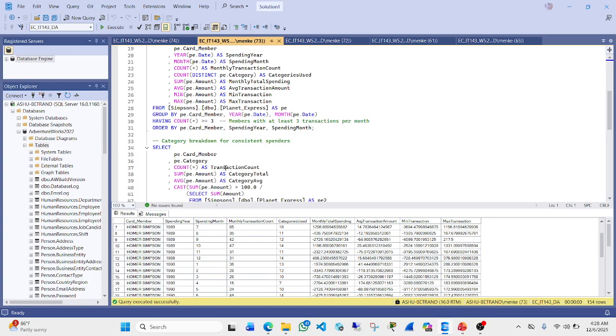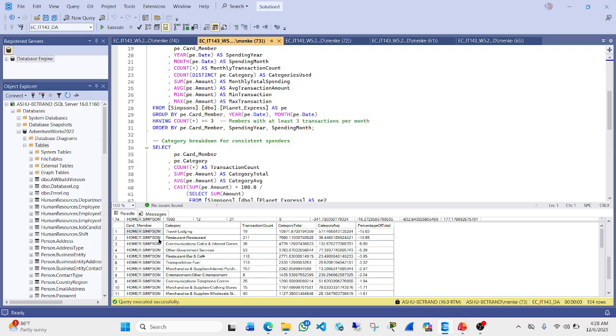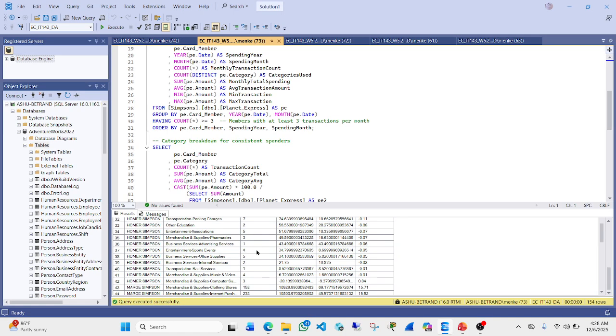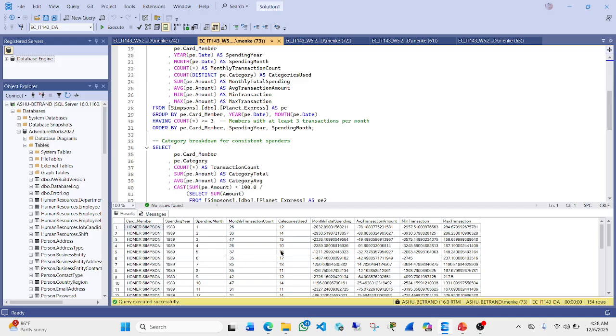Here's a category breakdown for the consistent spenders, those who constantly spend. We can notice here that restaurant was the one with the highest transaction count. So this restaurant had a,